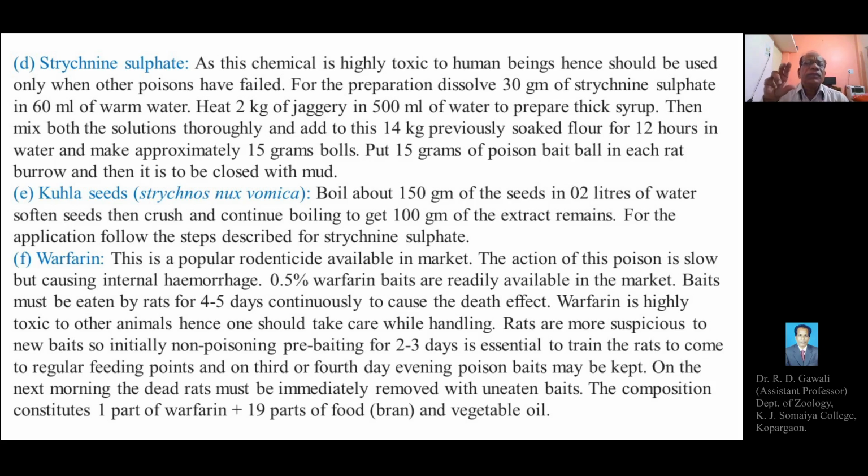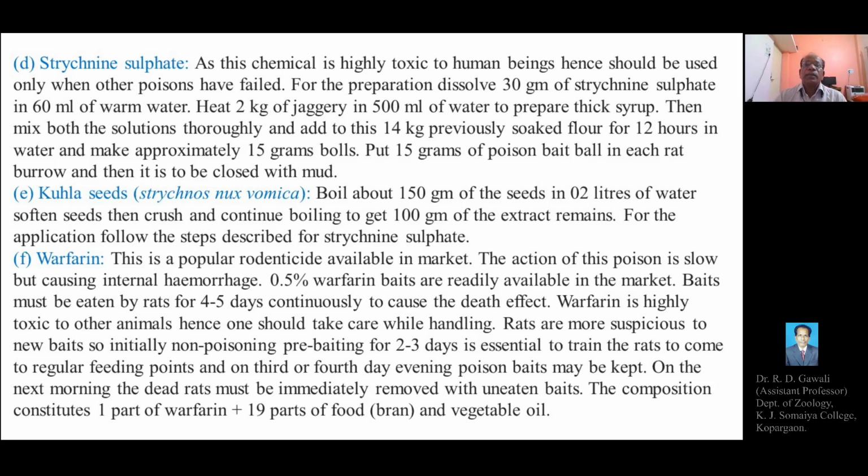So for the preparation of strychnine sulfate poison baits, you have to dissolve 30 gram of strychnine sulfate in 60 ml of warm water, then heat 2 kilogram of jaggery in 500 ml of water to prepare a thick syrup. Then these two solutions are mixed together and then mixed with 14 kilogram of flour previously soaked